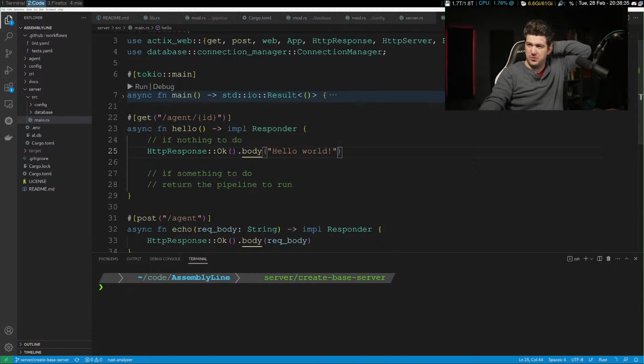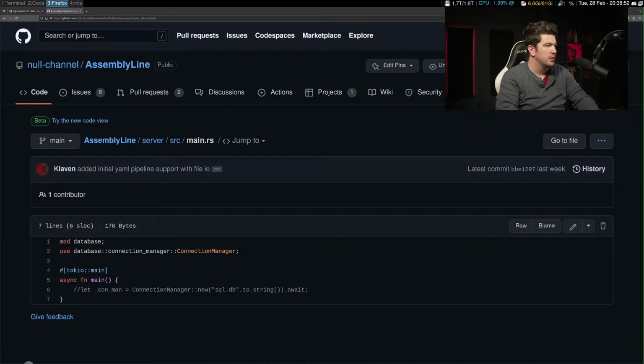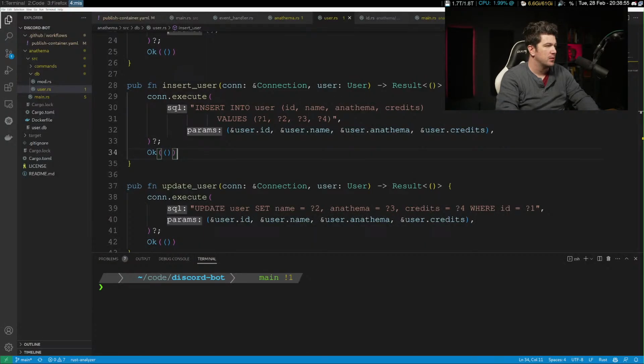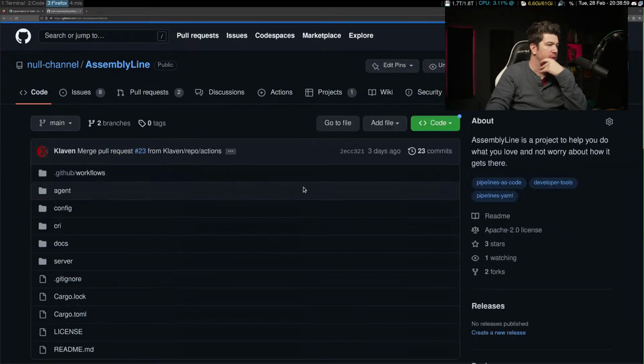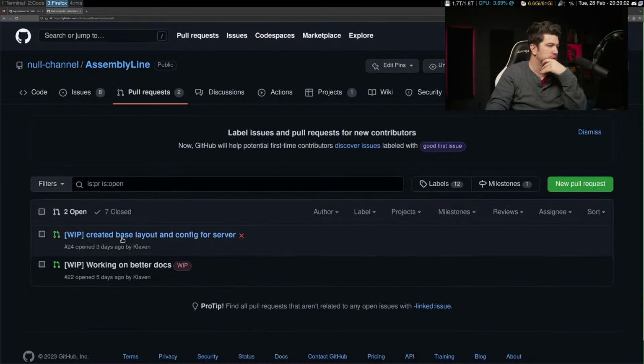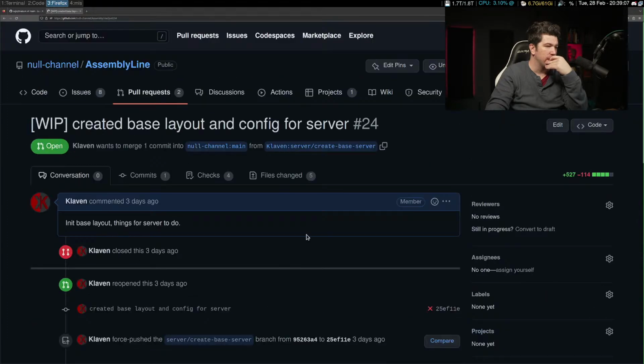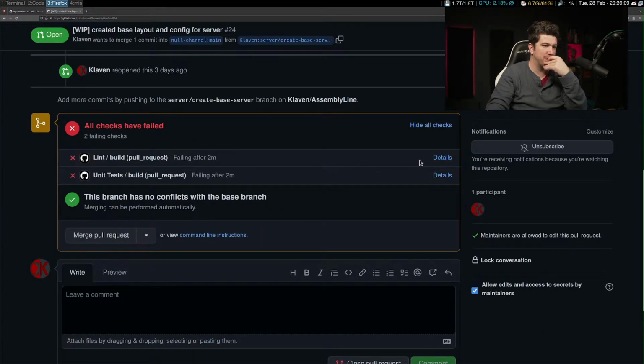So I opened this right here. Working a little on this server config, which this failed.